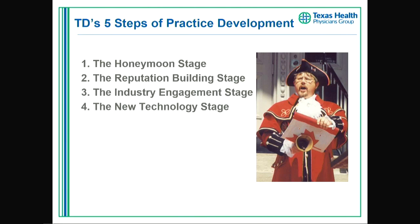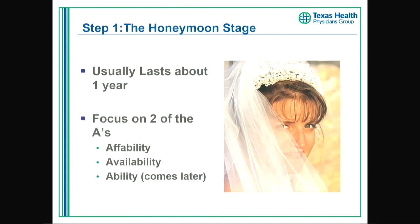There's a lot of new technology, and adopting that into your practices is important. And then ultimately there is this whole stage of reinvention. Everybody knows about the honeymoon phase. You get out of your fellowship, you get into practice, and you use the 3 A's. One, you're nice to everybody, you're available all the time, and people just assume you have ability, so that kind